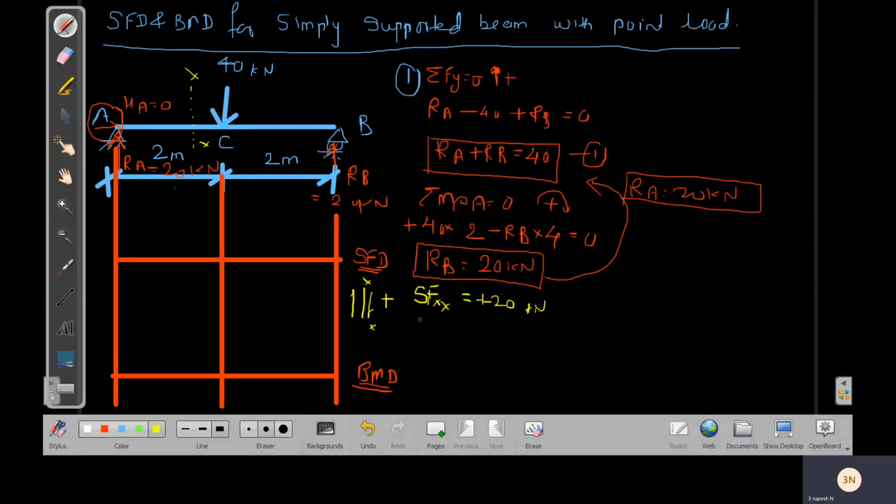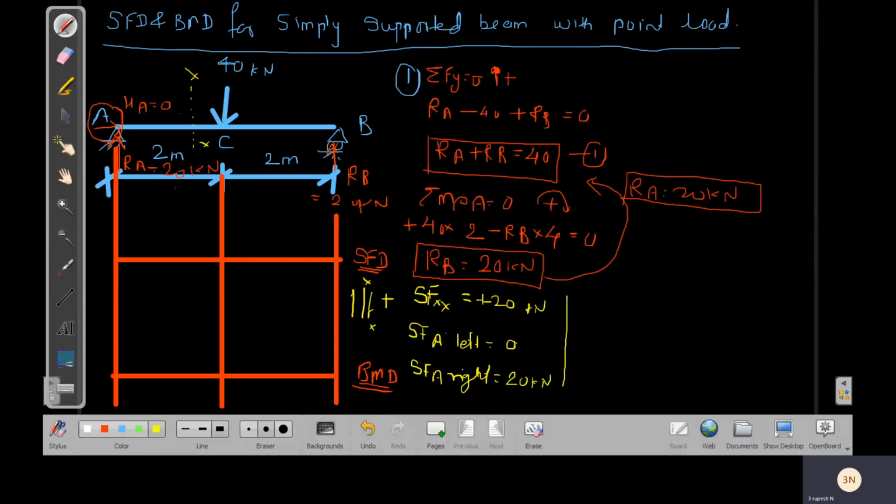Now you have to find out this shear force value for different points: A point, C point, and B point. So the shear force at A point, towards left. See, towards the left of A there is no beam, so this force is 0. And the shear force at A to the right: you are taking the value just right, so the just right value is 20 kilonewton. Okay, this is your 20 kilonewton positive.